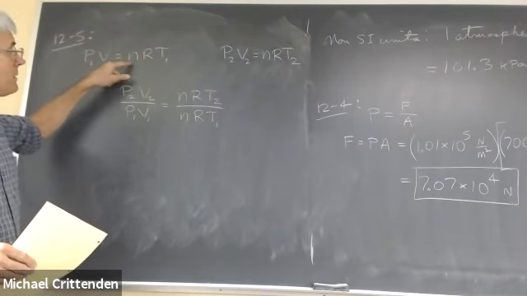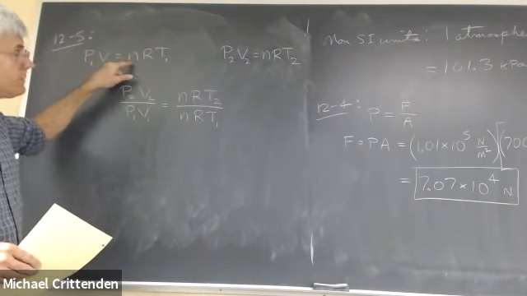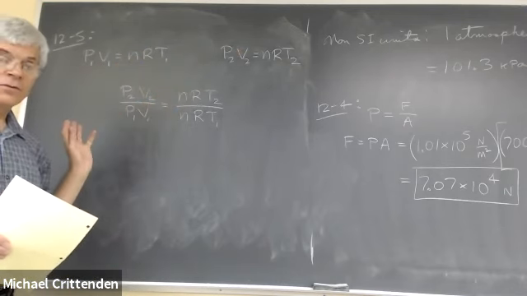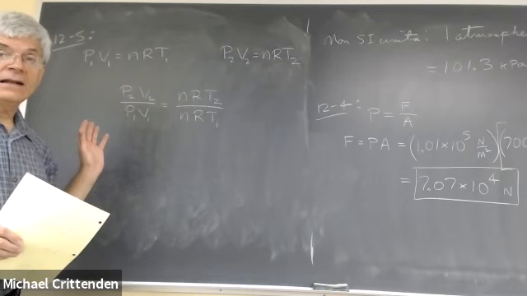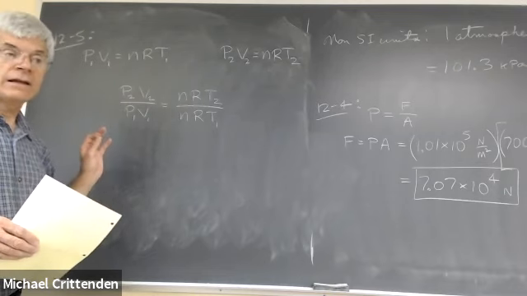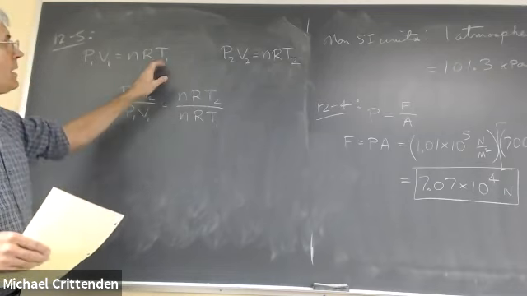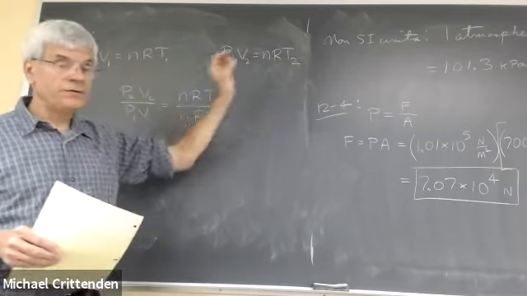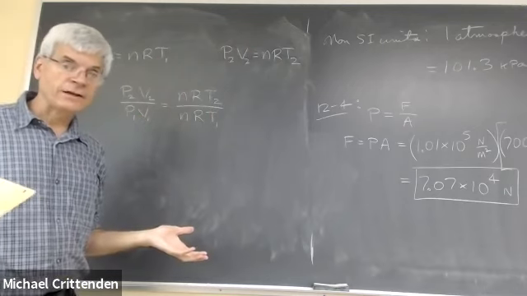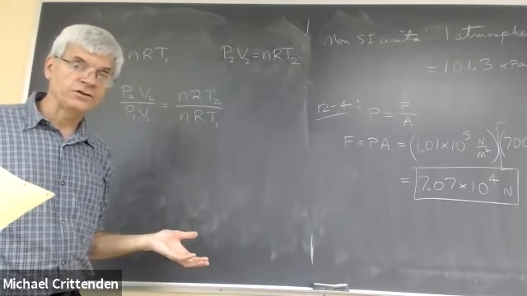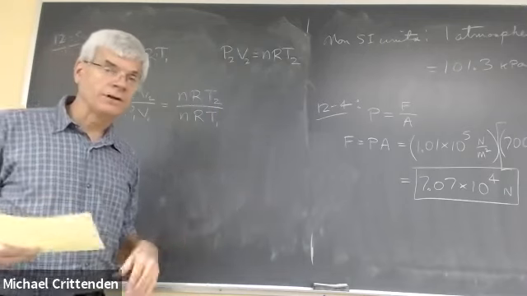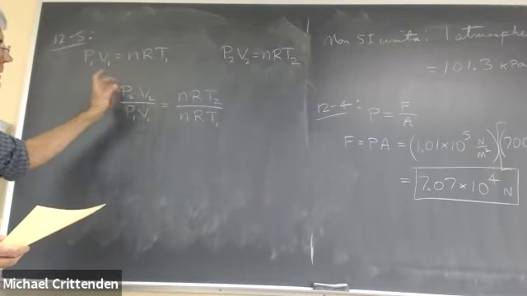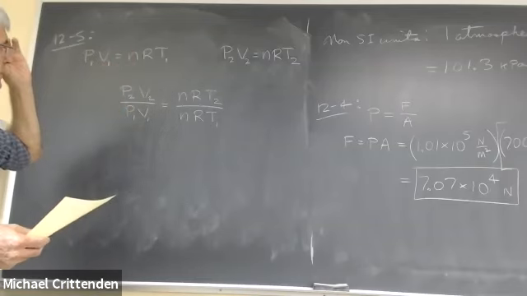Incidentally, n does not need a subscript. There isn't any n1 and n2. N doesn't change because we're assuming that the cylinder does not leak. The same amount of gas is still in there in the end. And of course, R being a universal constant, the only way that's going to change is if you're living in some science fiction story and pop into some alternate universe. So n and R remain the same before and after.